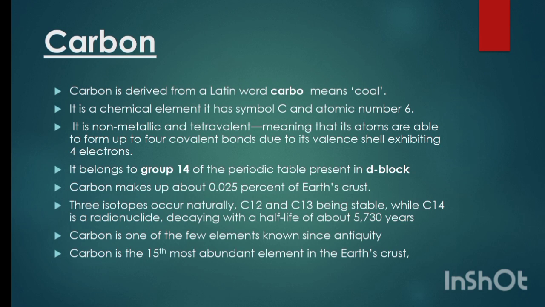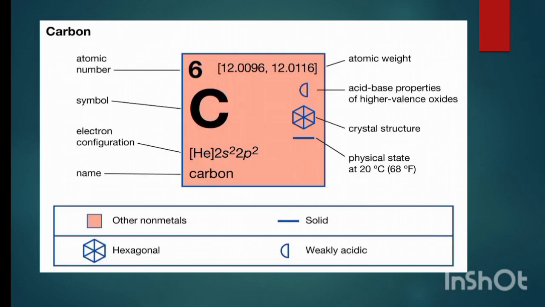Carbon makes up about 0.025% of Earth's crust. There are three main isotopes of carbon which are naturally occurring: C12, C13, and C14. C12 and C13 are stable, while C14 is a radioactive isotope which decays with a half-life of about 5,730 years. Carbon is one of the few elements known since antiquity. It is the fifteenth most abundant element in the Earth's crust. Here you can see the atomic number of carbon, which is 6, mass number 12,